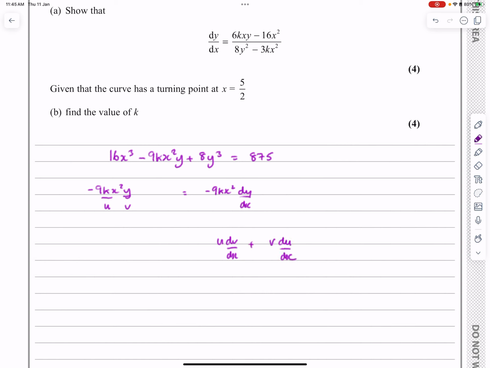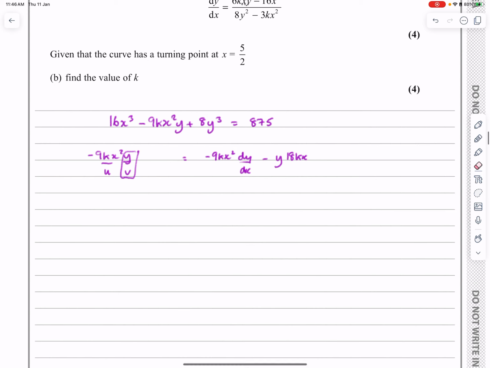Okay, what I'm doing is u dv dx plus v du dx. I'm just trying to do it quite quickly here. So that's u dv dx. v du dx then, v is y, and du dx then is the differential of minus 9kx squared. The differential of minus 9kx squared is just going to be minus 18kx. Now, as I say, I wouldn't necessarily have written any of this down like this, but just to explain where that bit's come from,